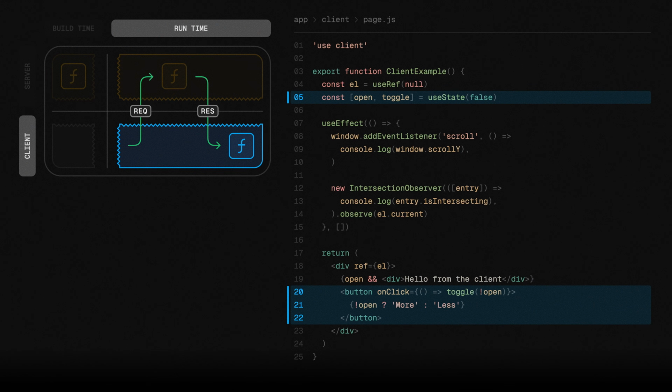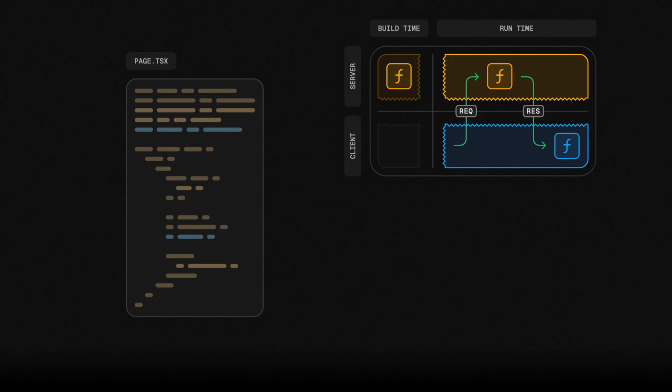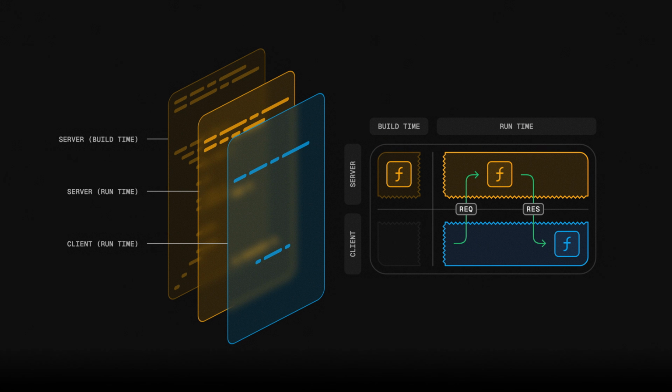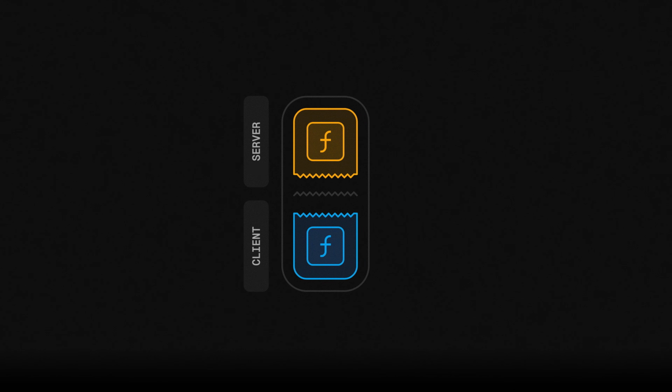Let's say the user wants to expand or read more. That can be done instantly without having to do a round trip to the server. Again, this means that some tasks are better handled by the client rather than the server. Ideally, if we had complete autonomy, each tiny unit of functionality would be moved to the most appropriate environment and phase. But in reality, this can actually be quite difficult to implement in a single application,